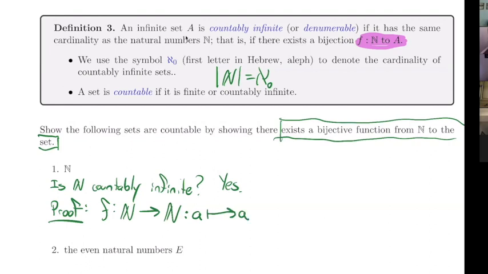So sometimes when we write out these functions, just keep in mind that rather than use f of x notation, we might use this arrow, which says that this element maps to that element. Okay, and so that's just another way of saying that my map is going to be f of a equals a.